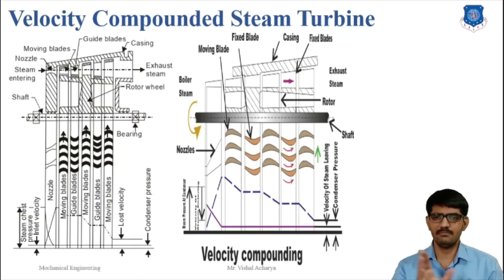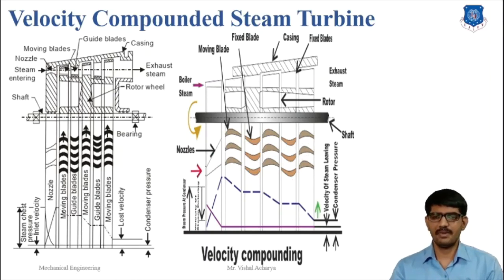Compared to the simple impulse turbine, the leaving velocity is small, and the loss is about 2% of the total available energy. So we can say this arrangement is nothing but splitting up the velocity gained at the exit of the nozzle into many drops through several rows of moving blades. Hence the name velocity compound turbine. This type of turbine is also termed the Curtis turbine. Due to its low efficiency,